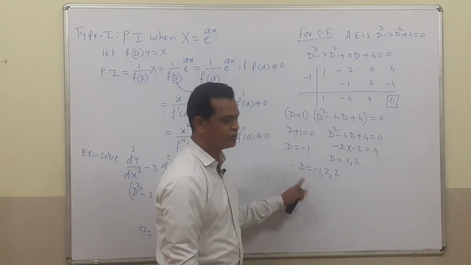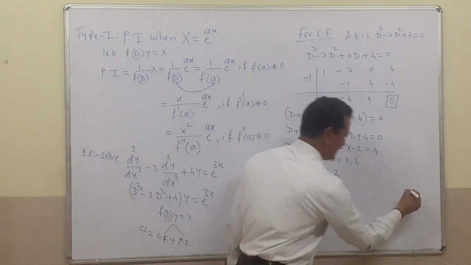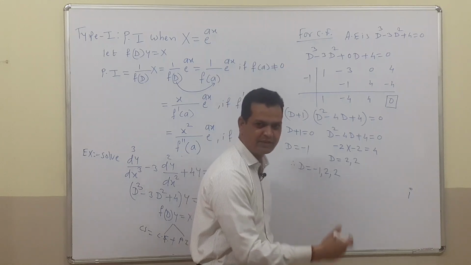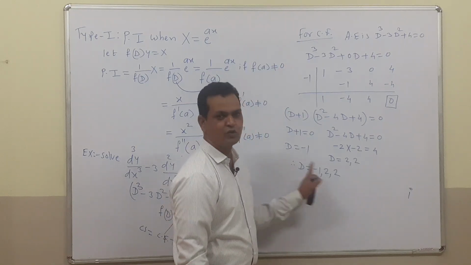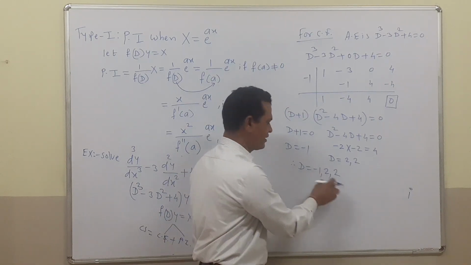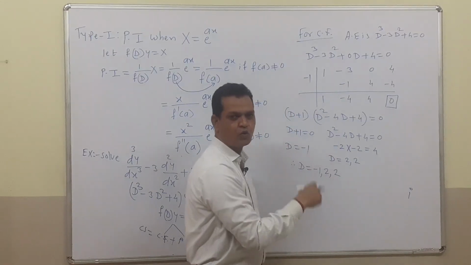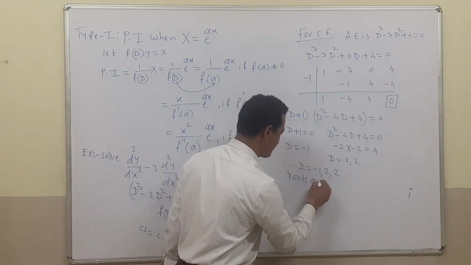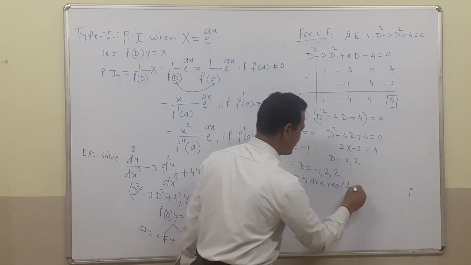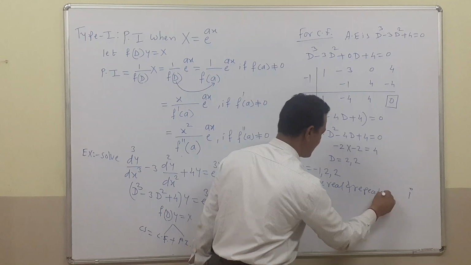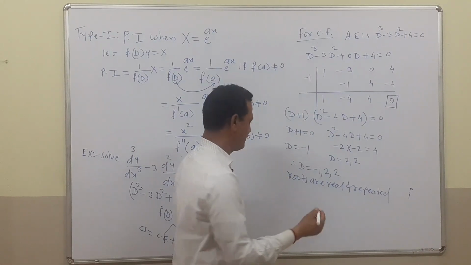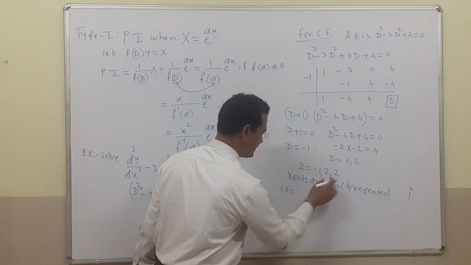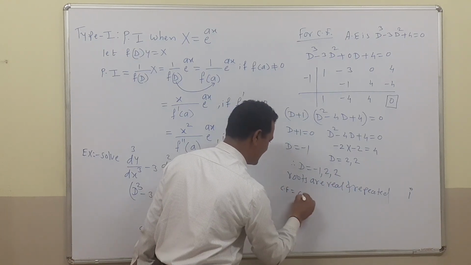Now observe these roots. These roots are real because the imaginary part, the complex number i term, is absent. The first root is different, but these two roots are repeated. So roots are real and repeated. As roots are real and repeated, then the complementary function is, for this first root we can write,